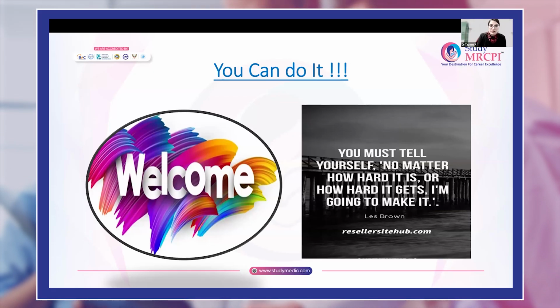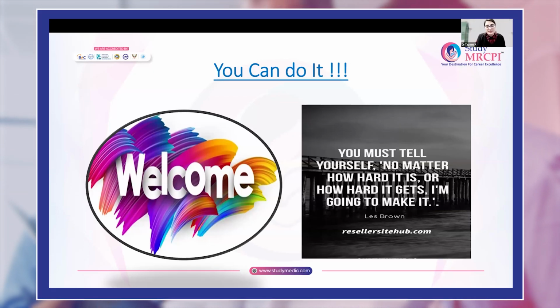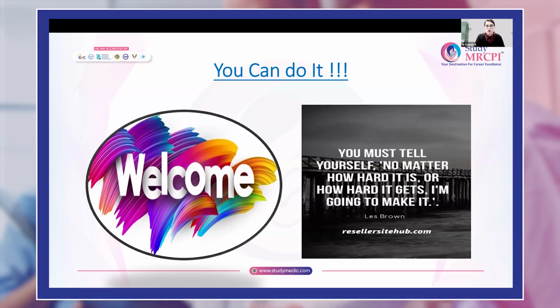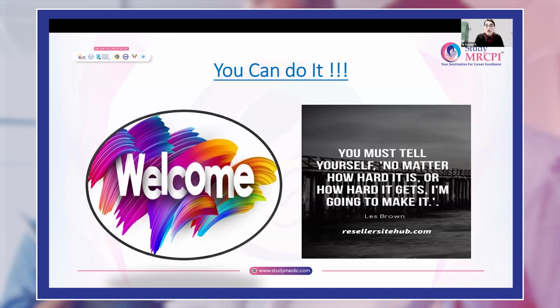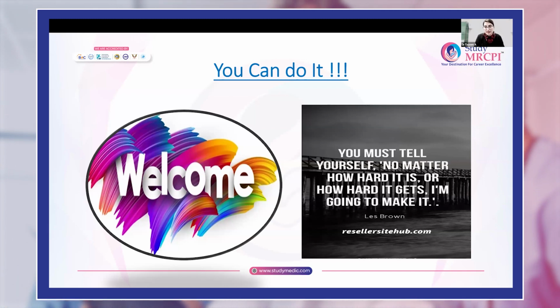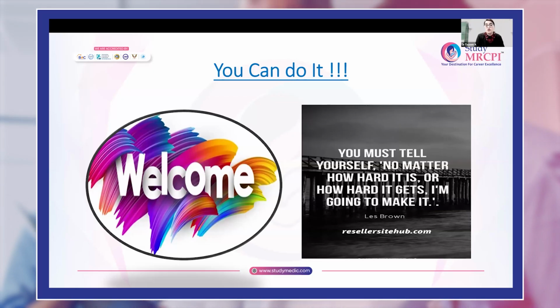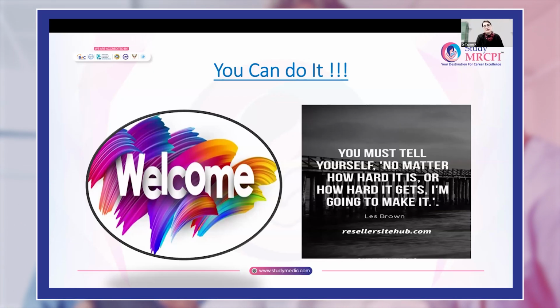So we shall start the task, and this is how you will get the candidate's instructions. There is no reading time in MRCPI exams. You just have to take a few seconds to read the instructions and then start, and meanwhile the examiner will be asking you the questions in the structured discussion. Let's see how you will start.